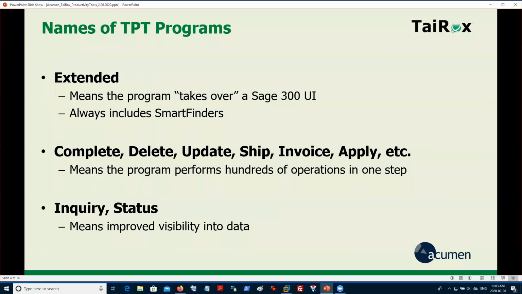Any of the programs that start with extended pretty well means that the program takes over a Sage screen. So our program launches a Sage UI, and then would overlay buttons, add columns to a grid, and do other behaviors. Almost all of the extended functions include internet-like searching, which I'll demonstrate today and which we call